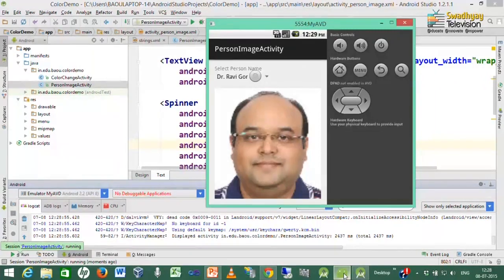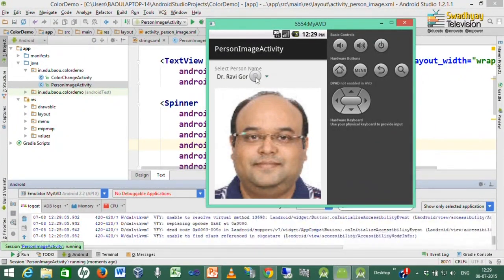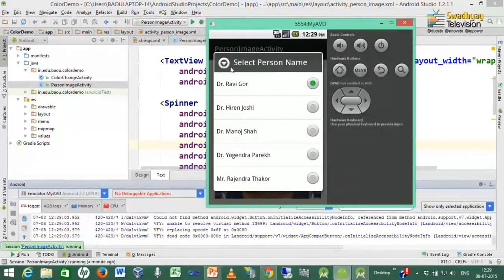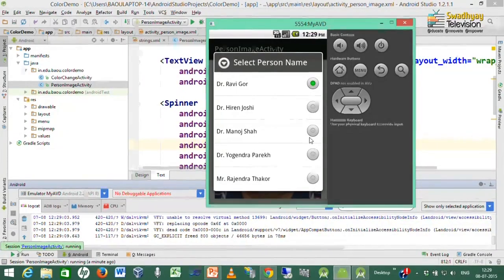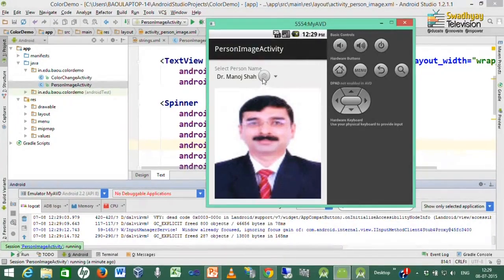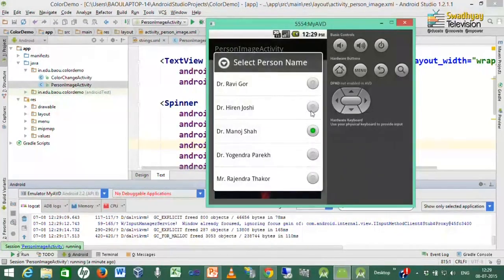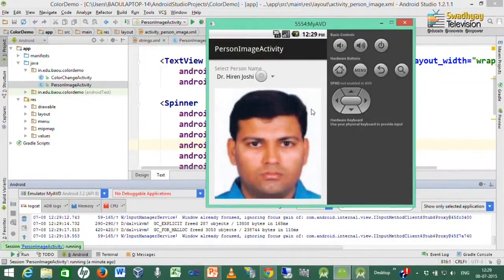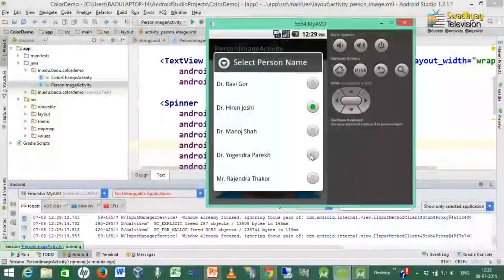Here you can see that the first name and its image is displayed. Whenever I click on this, it will display the prompt and list of names, and whenever I click on a particular person, it will display its image which is available in our drawable folder. So, this will display the image in the image view which is available in imageID.